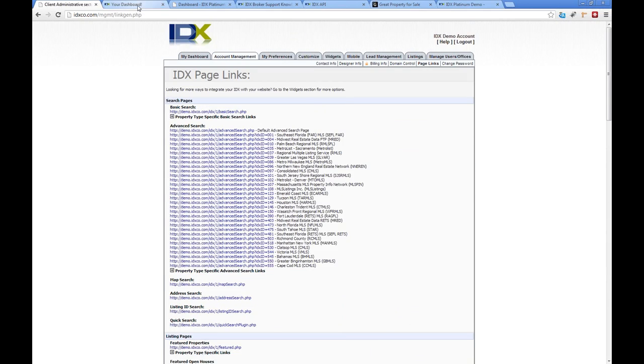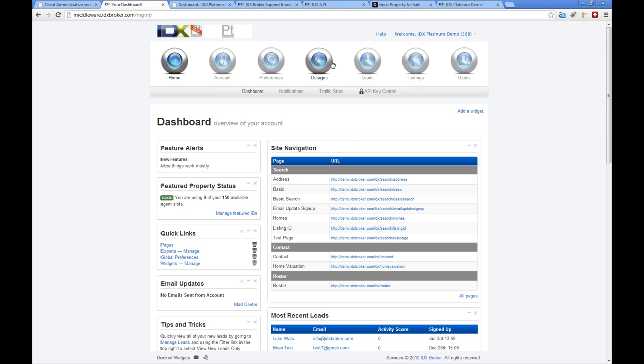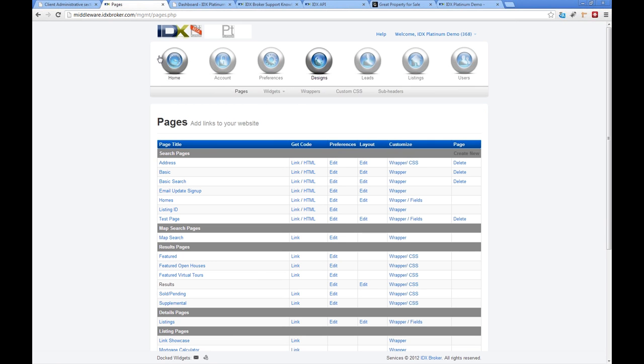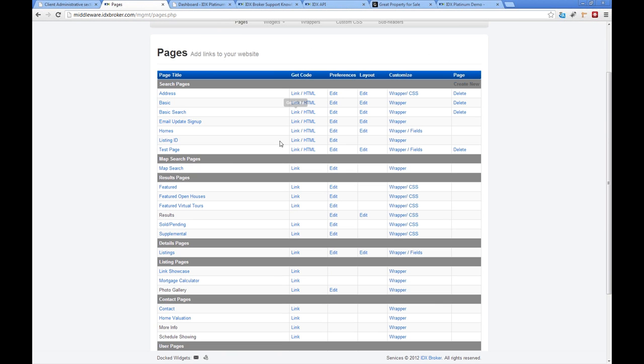Now, this same function is still going to be available in Platinum. It's called something a little bit different. It's actually called the Pages section. We're under Designs and Pages in Platinum. So it's located in a different area, but it's called the Pages section. So we have the ability to actually create new search pages now. That's something that we didn't have the ability to do in the previous platform without doing some pretty extensive custom